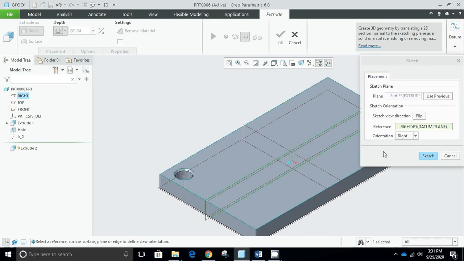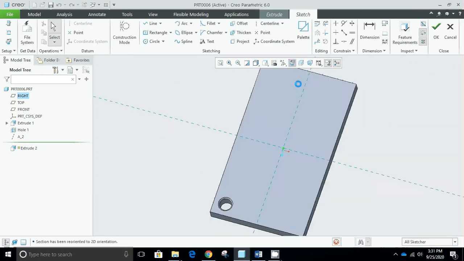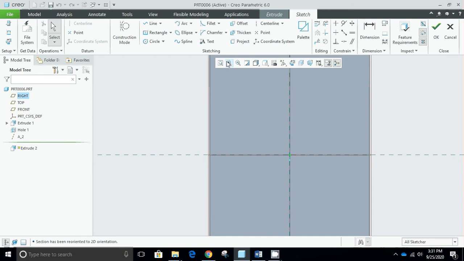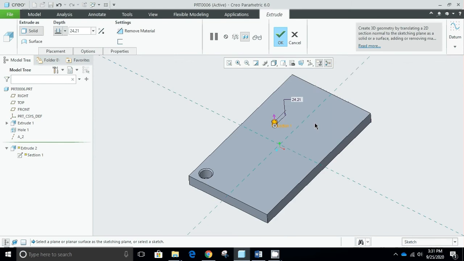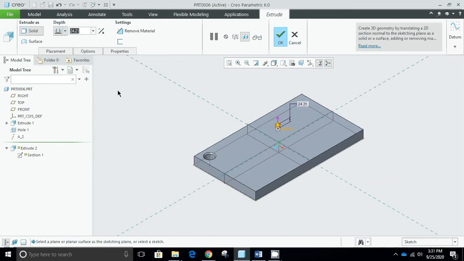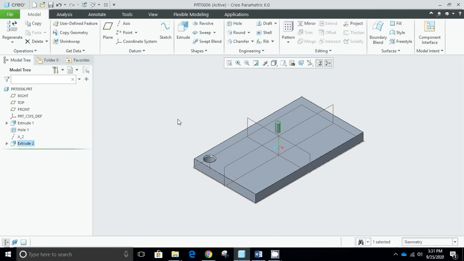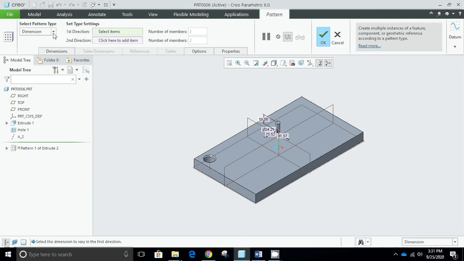On this surface, using the sketch view, I will create a circle, press OK, Control D, and its height can be changed to 50 units. Press OK, and this extrude 2 can now be patterned using the axial type of pattern,